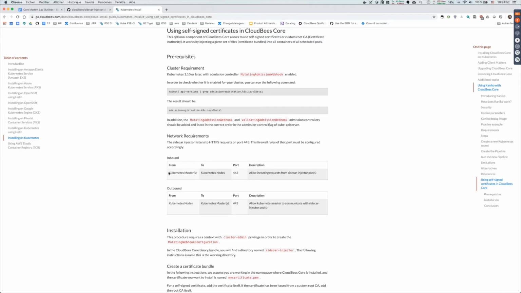Mostly, it means that whatever runs the Kubernetes control plane needs to be able to access the Kubernetes worker nodes on port 443, and also the other way around, so that the connection can be established. We've seen some cases, for instance on EKS, where customers had customized the default setup and were restricting this port, and this would prevent the tool from working. So in case you see unexpected behavior, that's always a good thing to check.